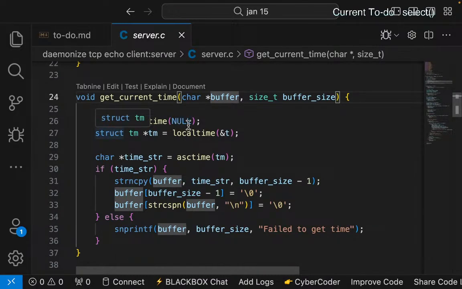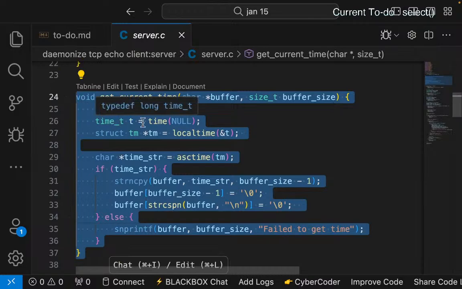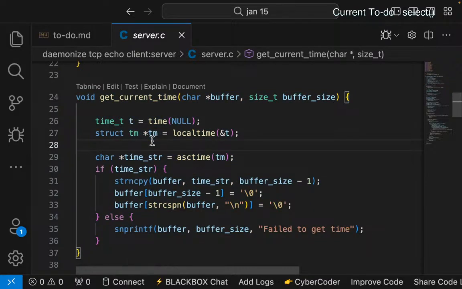time_t t is equal to time(NULL), struct tm. We're putting into localtime. time_str is asctime. All of these things are getting the current time. This is kind of hard, I think. Calling the time function and then calling the localtime function on the struct tm, and then calling the asctime function on the struct tm,